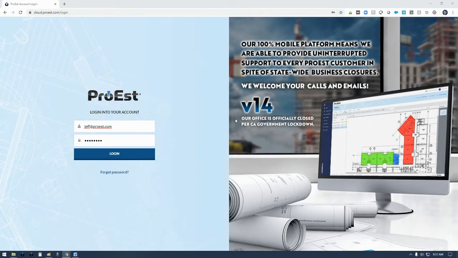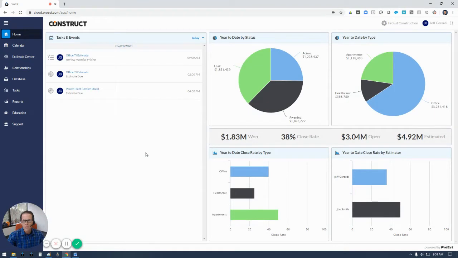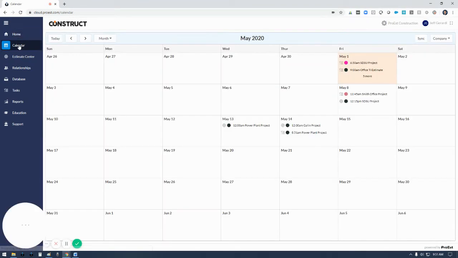Today we're looking at V14 and our new calendar function. So when I first get into the system, you'll see on the left we have a new option called calendar. When I click on the calendar, you'll quickly see a month's calendar. Our goal with this functionality is how do we bring that big whiteboard you have on the wall with all your due dates and all the tasks per project into an electronic format, into our ProEst cloud platform to give